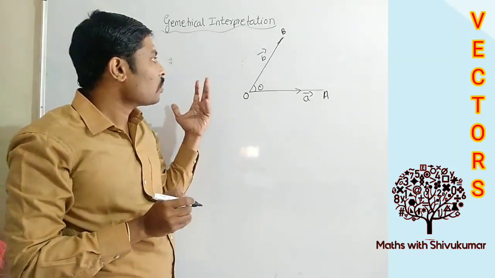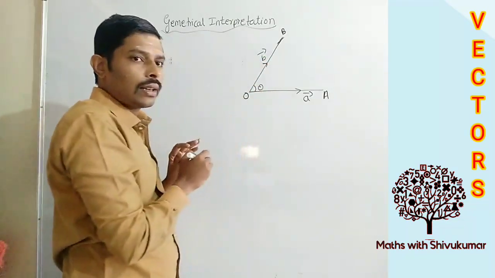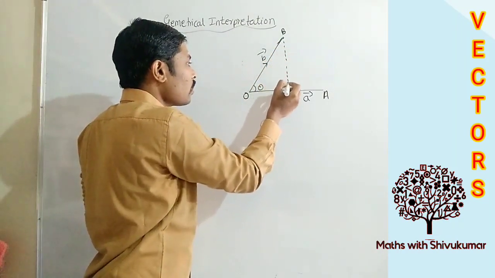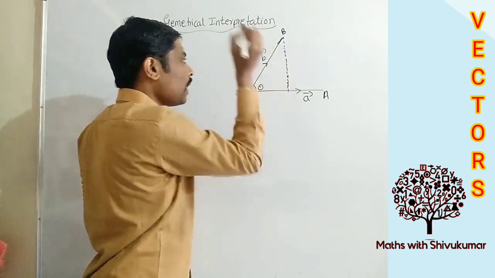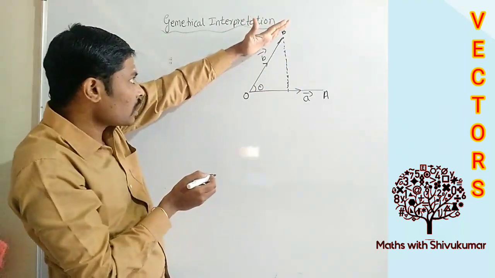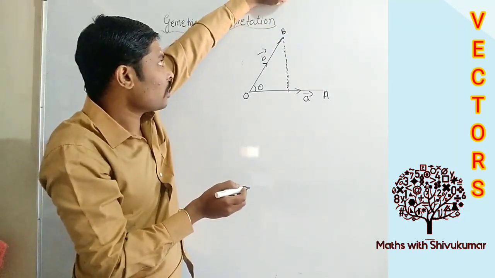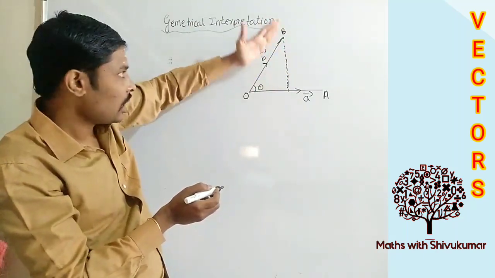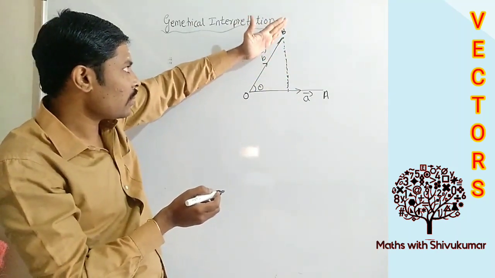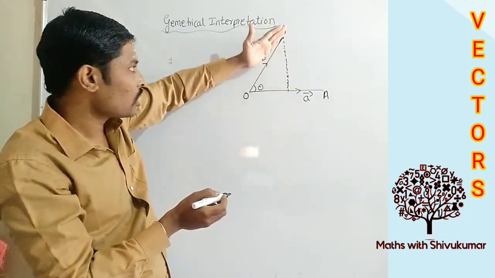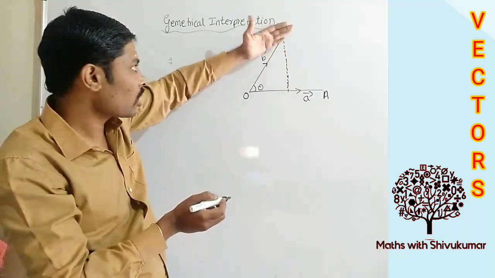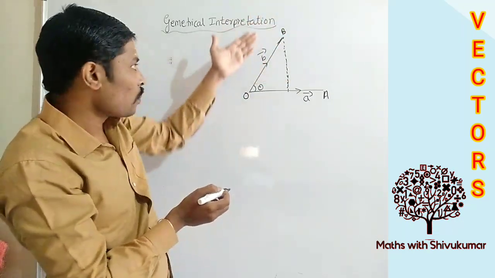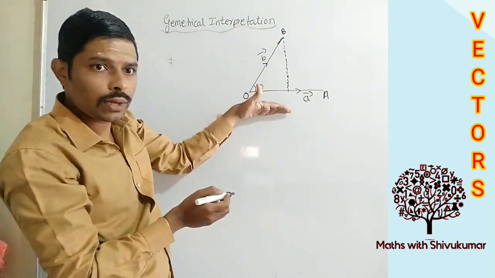So first, students, the direction is here, so I will draw one perpendicular here. From this perpendicular, if I put a torch here, you will get its projection here. Its image falls here, yes or no? This is the projection. We can also call it the shadow. So the projection of B on A will come here, no?